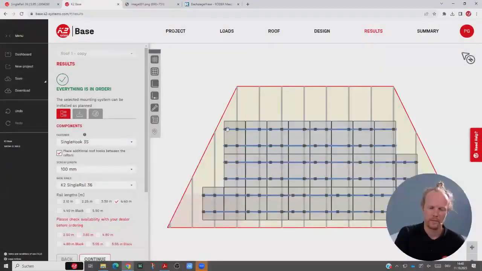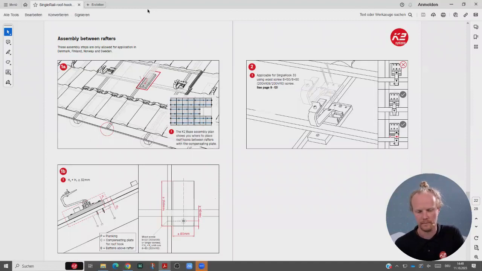If we jump forward, we can actually place it somewhere between the rafters, and it creates more of an optimal solution where we're using partly the rafters and partly this board as well. Obviously, if you do fix into the board, you are going to have a little bit weaker fixation. The reason for that being we're using different wood screws, and the thickness of the wood is going to be a little bit less. I don't want to harp on that too long because, as I said, it is somewhat region specific, but if the region that you are in does have this decking board that runs between the rafters, you are able to use this